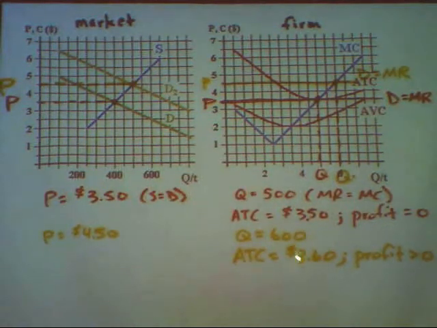But the average total cost of making 600 looks to be a little bit more than $3.50. I estimated it to be $3.60,